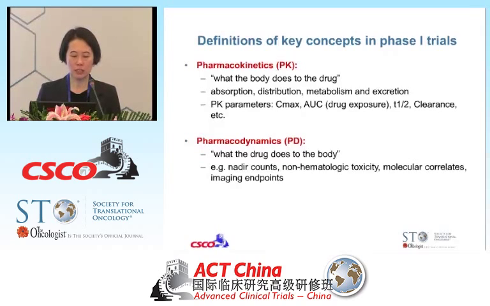Now, the key questions: what doses do you start? Typically, there are animal models that guide us, and we use either small models like mouse or rat, or bigger models like monkeys and dogs, and traditionally we would use one of each species to test in terms of guiding us to determine the starting dose of a phase 1 trial. Again, I won't go into details, but there are rules that we follow to do that.